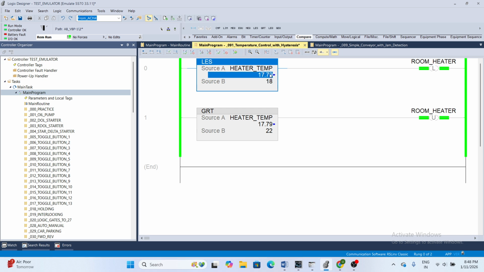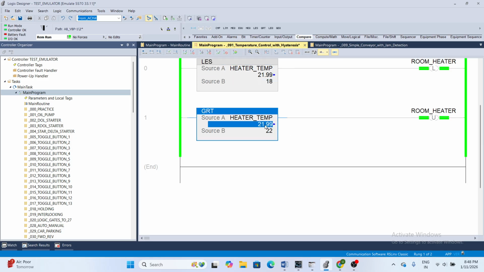When the temperature goes to 18.1, then the heater should be on. When the temperature goes up to 21.99, the room heater will still be on.